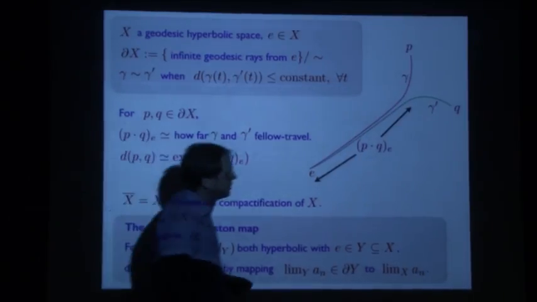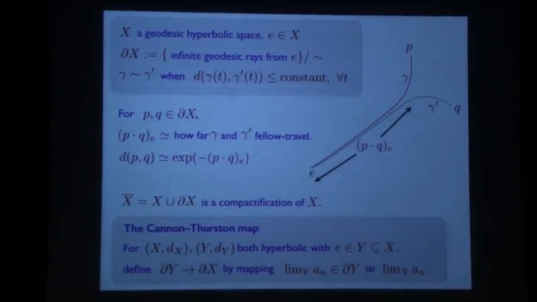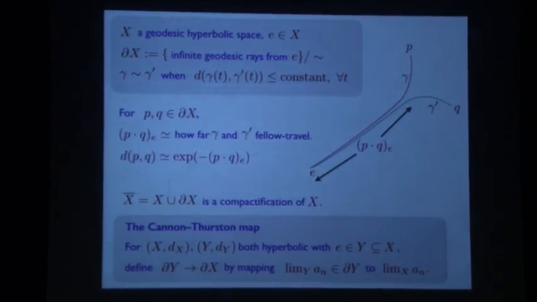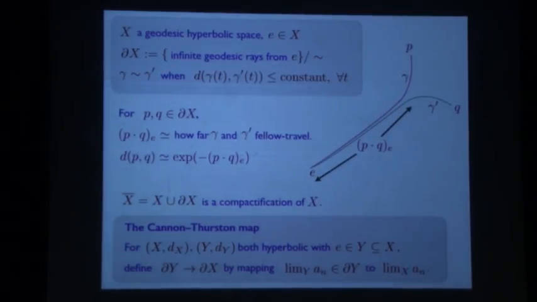Well, if you've got a point in the boundary here, and a point inside the space, so there's the boundary and a point inside the space, take a geodesic to that, and again, you've got a notion of closeness if these fellow travel for a long way, basically. Getting this all exactly right is a bit technical, but that's the idea. So it's a metric space. The compactification is